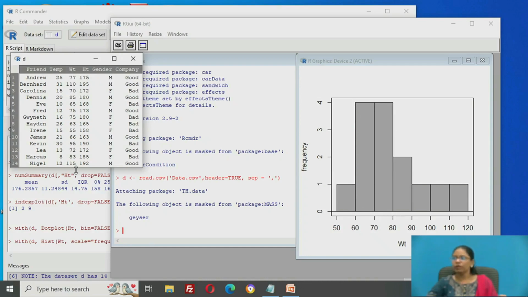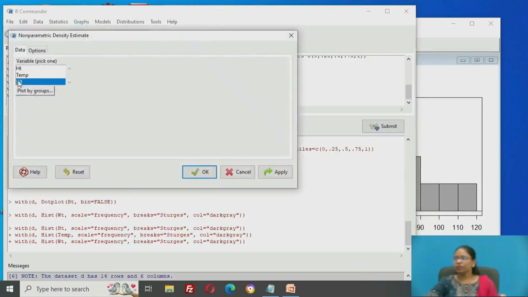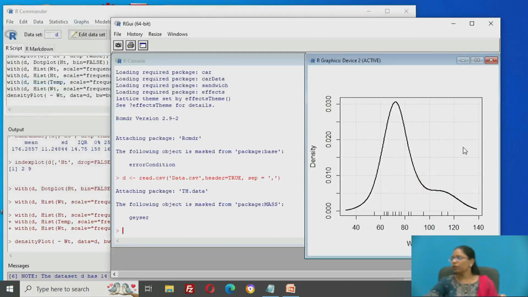So accordingly the values are here, and I can get the histogram or the estimate of the weight attribute. If I click on OK, I get the density plot of weight, and it is a skewed distribution, which is not exactly at the center. The mean is not exactly at the center, so it is a skewed attribute that I can see, and beyond that, whether it is a Gaussian distribution I can find out from the density plot.